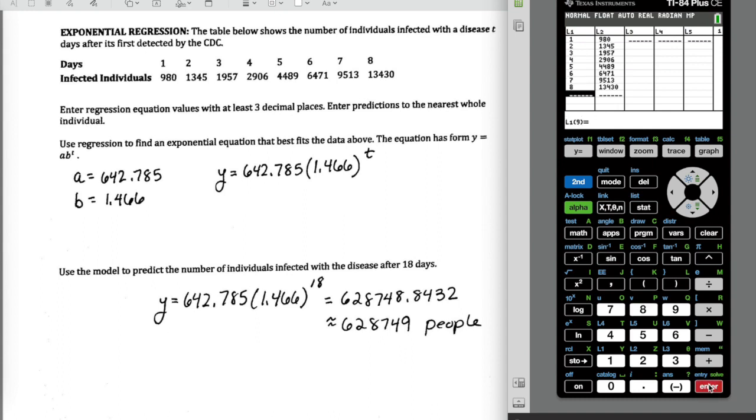If you need more time to enter the data, just pause the video for a moment. Once you have all that data in there and you double checked it to make sure it's correct,